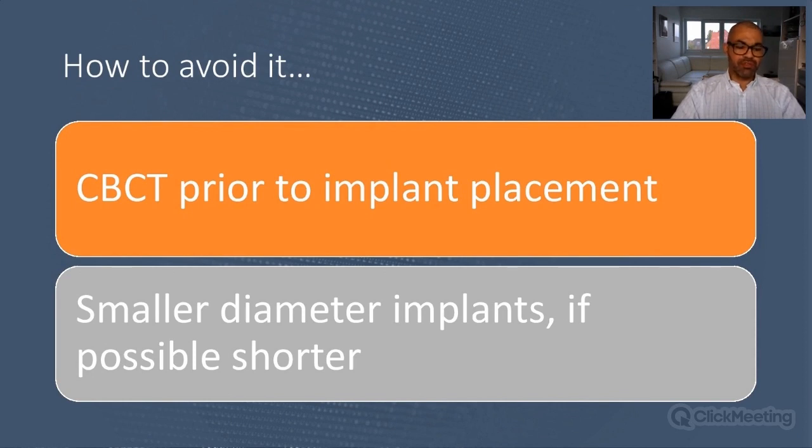Please use a CBCT. If you don't have any, refer to a radiologist that can take this picture just to identify the structure and to be sure that you won't do any trauma to this. And of course, use smaller diameter implants in the aesthetic zone. I know 10 years, 15 years ago, it was the opposite. We were told